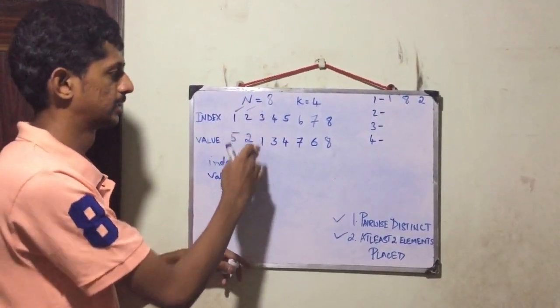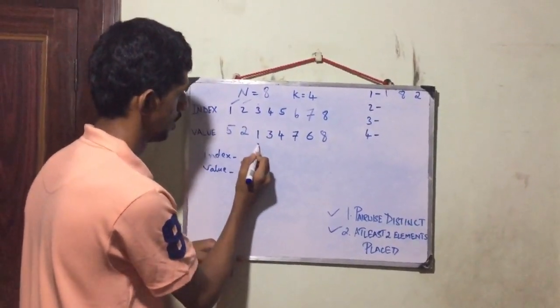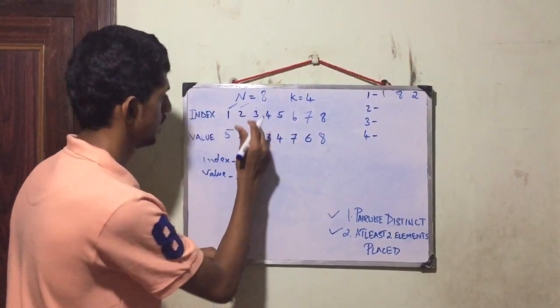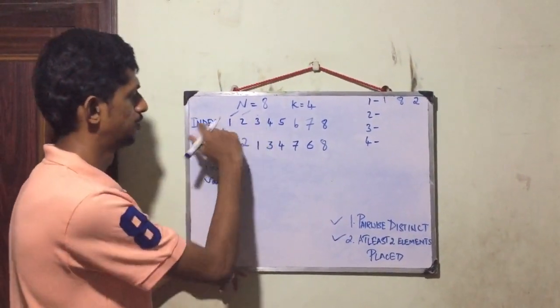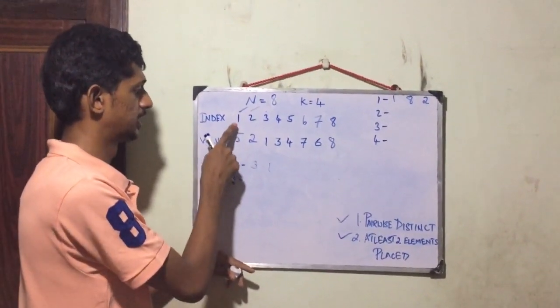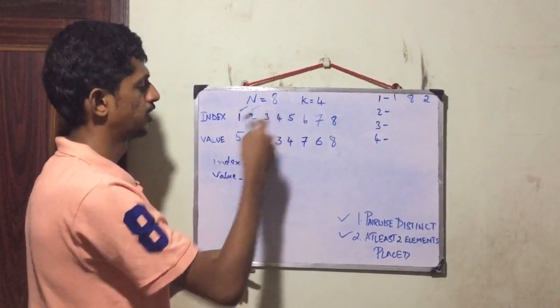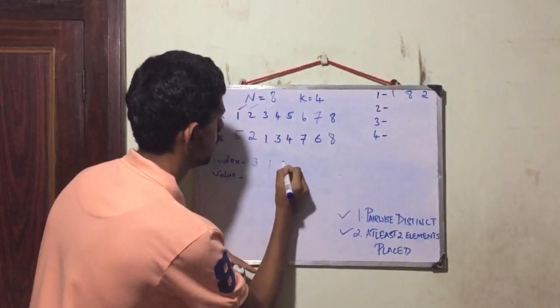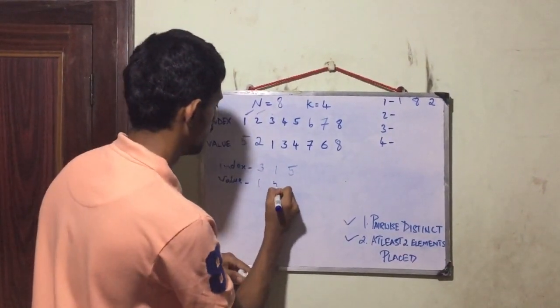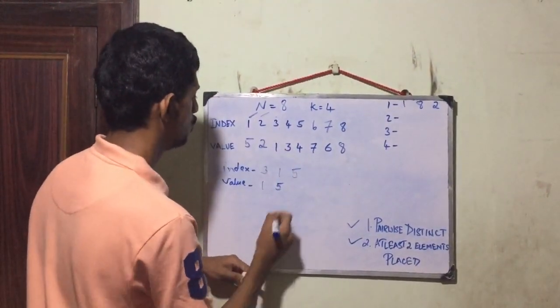Next you come to the third index. Now you see there's a value 1. This 1 should go to the first index. So initially I am writing 3. This 1 has to go to the first index, so value 1 here, and then we have value 5 in the first index. So this value 5 should go to the fifth index. So I am writing value 5 here. In the third index I have value 1, in the first index I have value 5, and in the fifth index I have value 4.